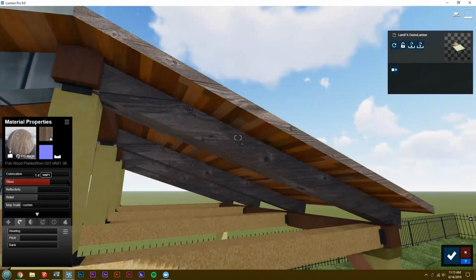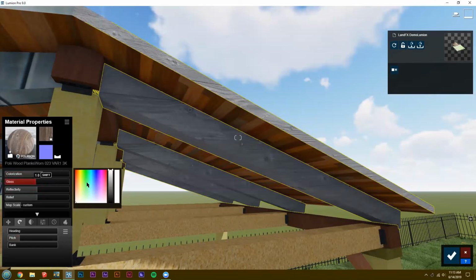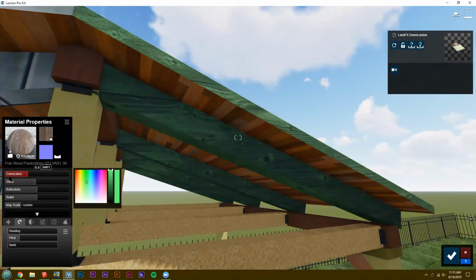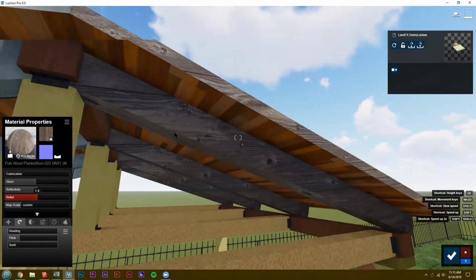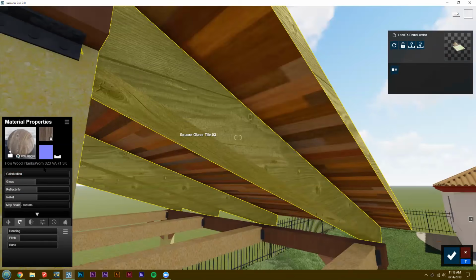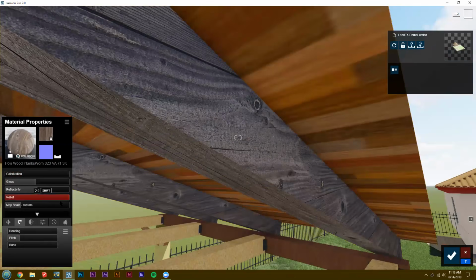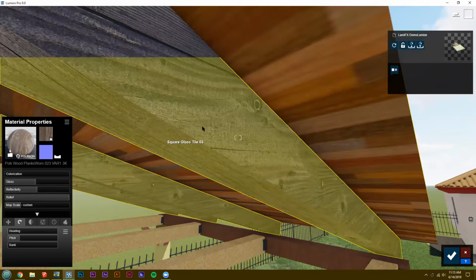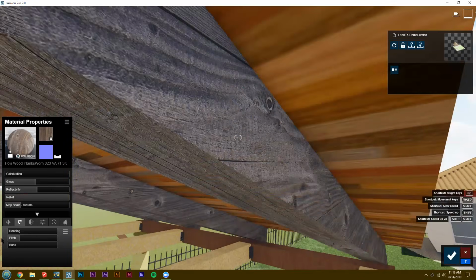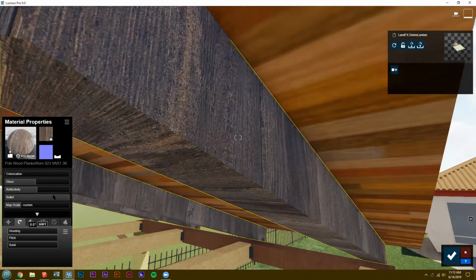So you can add more gloss and give it kind of like a wet look, and you can discolor it and add any type of color you want. And then the relief, all the default Lumion textures come with normal maps. That'll give the illusion that it actually has more detail without actually creating any detail. I don't know how well it's picking up on the screen share, but it just gives it a little